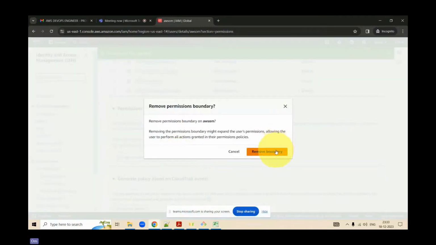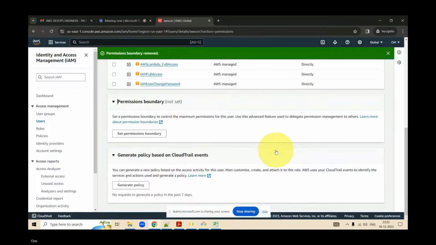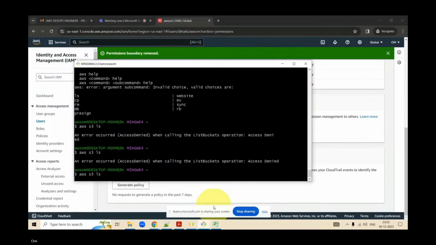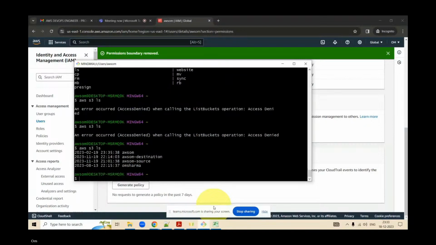Remove the permission boundary. See, there was some permission error that was stopping this one, hence we were getting this access denied.